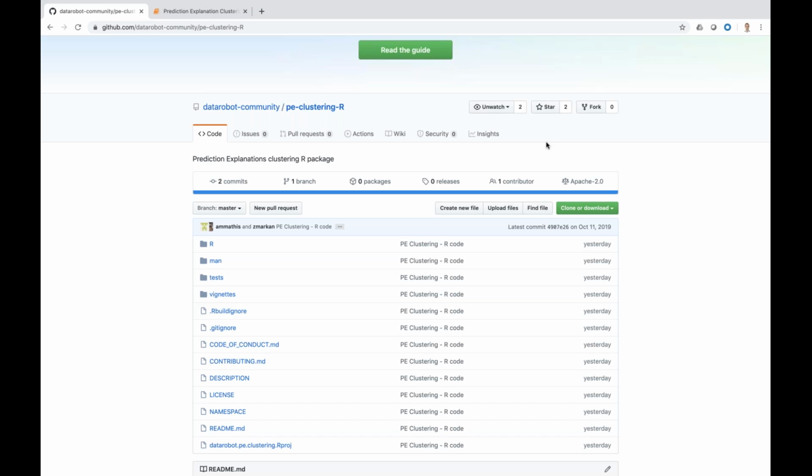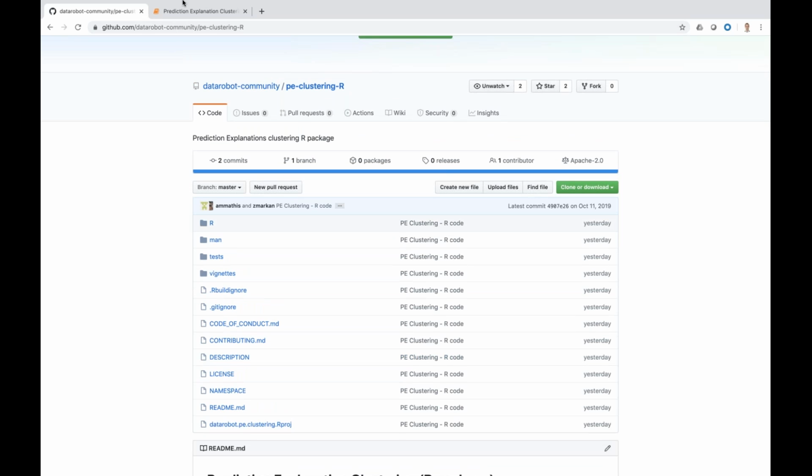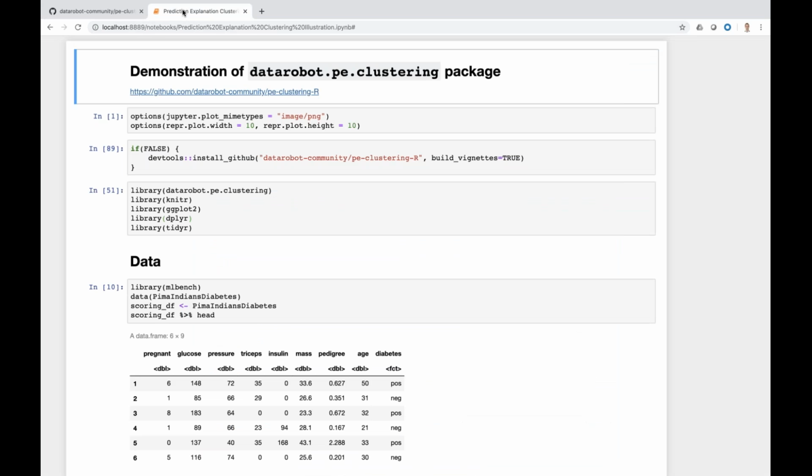So hello, everybody. Thanks again for joining. So what I'm going to be going through here is illustrating the R package that we've put together to implement the techniques that we've just been discussing. So you have the link to the DataRobot community page where we have a repository implementing this R package. This is what the code looks like, but probably a little more interesting to actually show you, rather than the code, an example going through and see what the results are going to look like.